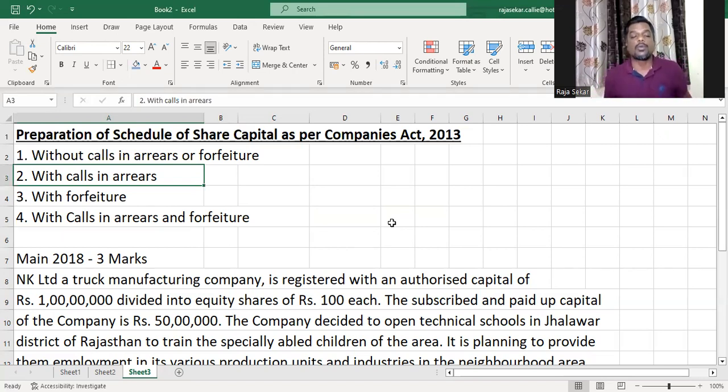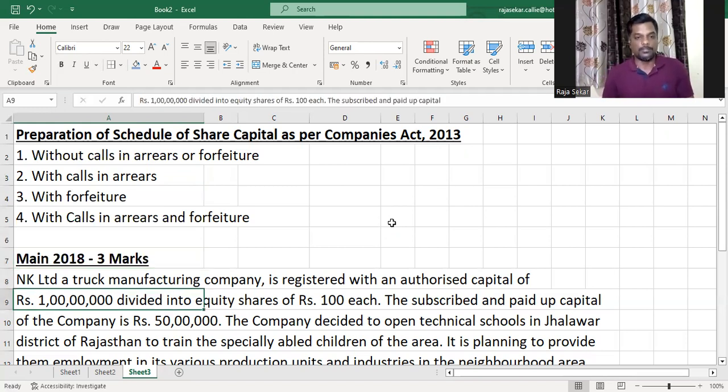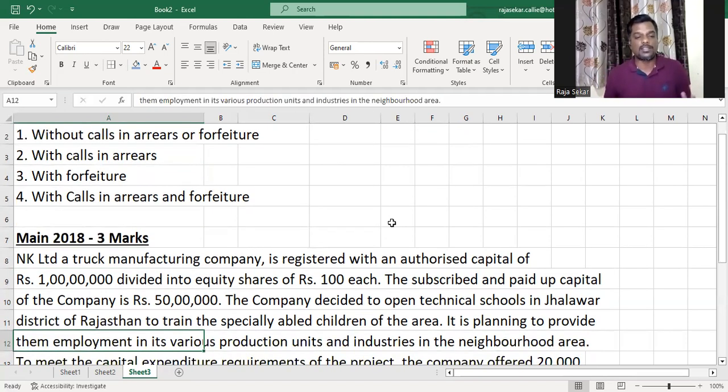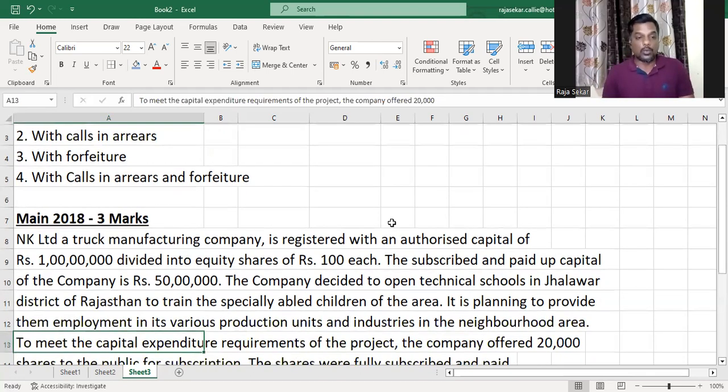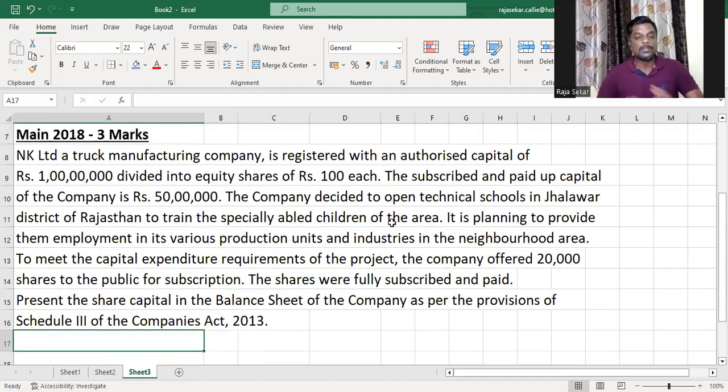They may also give you a question in which some of the forfeited shares are reissued, but that's easy because then they become the normal shares, right? When they're reissued, they become shares. That's all. How to present this is what they're asking us. They're asking us to prepare the schedule. They're asking us to show if you know how to present this in the share capital, in the balance sheet or not. That is what they're asking us to find out, and it's easy.